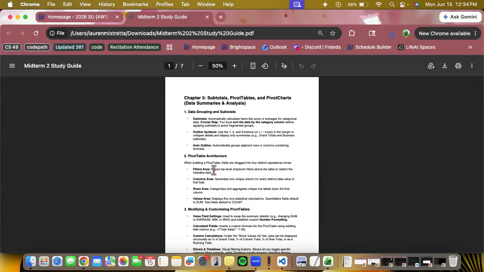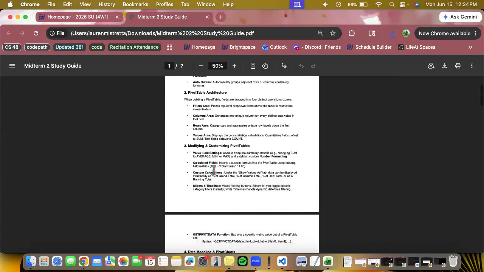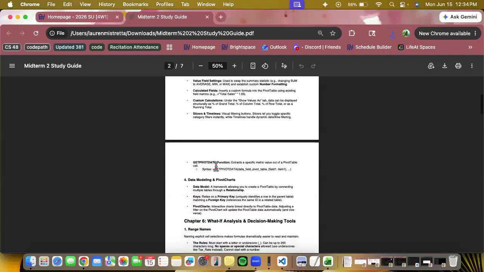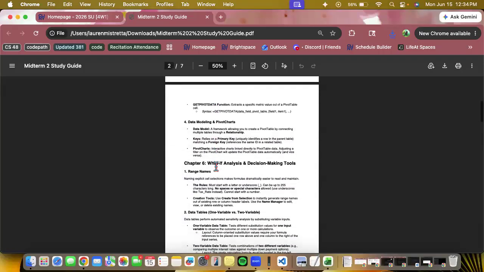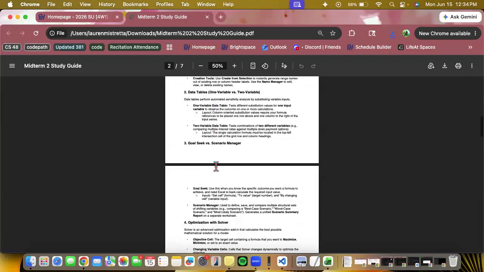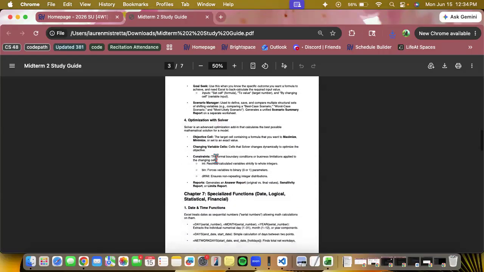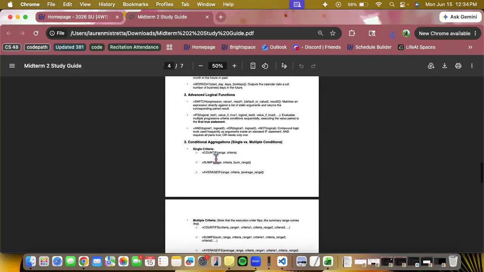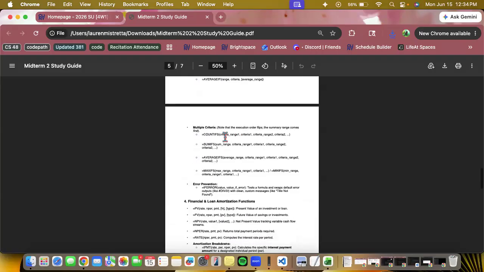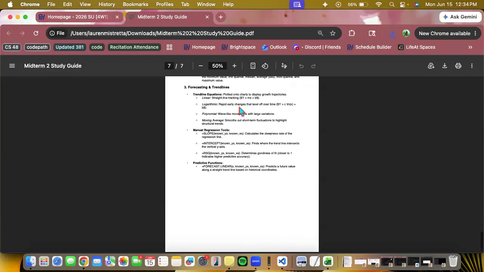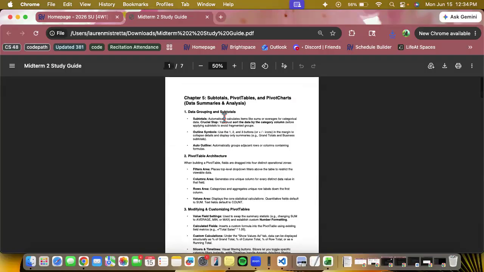Again, not all of this will be tested. Don't worry about stuff that we haven't really focused a lot on. Just kind of get the gist of things, right? This is kind of a summary of everything that you would need to really know. And again, you have your notes. If you understand this and you know how these functions work,